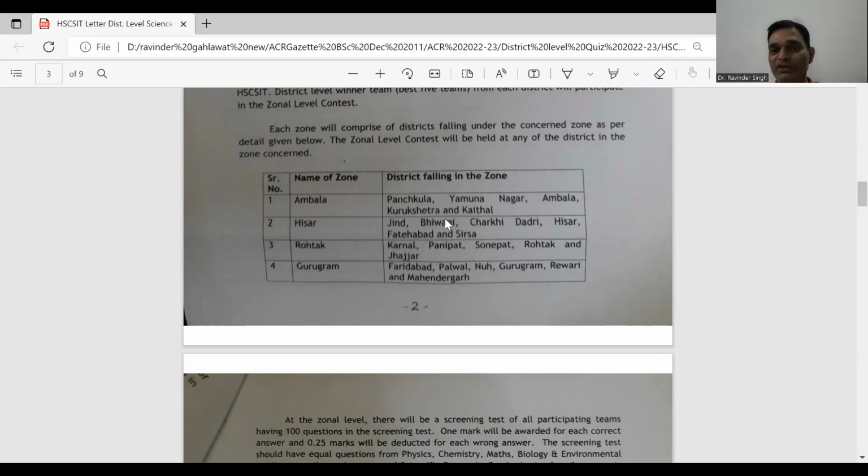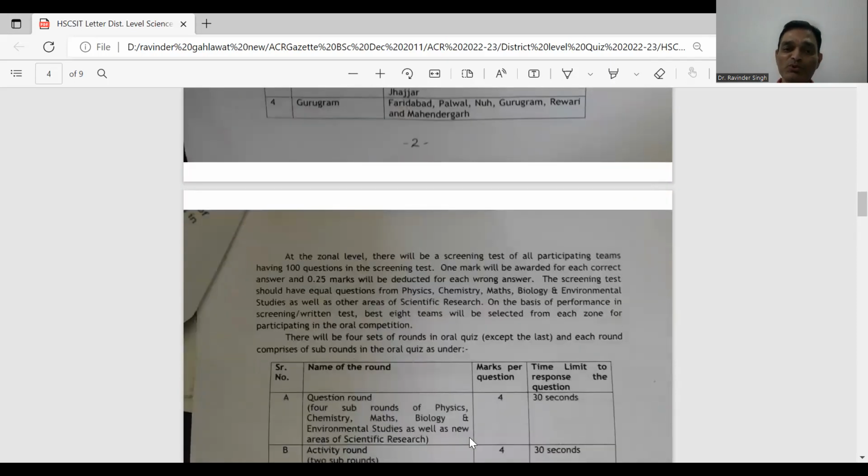हिसार जोन के अंदर जींद, भिवानी, चरखी दादरी, हिसार, फतेहाबाद, यहाँ से 5 5 टीम हर डिस्ट्रिक्ट से आके वो फाइट करेंगी जोनल लेवल के ऊपर। गुरुग्राम से फरीदाबाद, पलवल, नुहू, गुरुग्राम, रिवारी और महेंद्रगढ़ डिस्ट्रिक्ट की जो 5 टॉप टीम्स थी वो फाइट करेंगी जोनल लेवल के ऊपर।